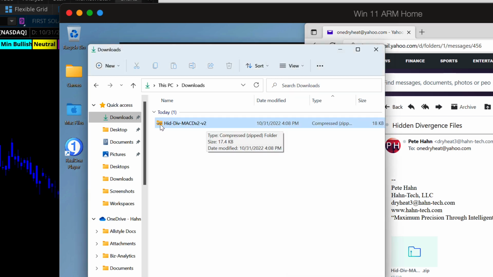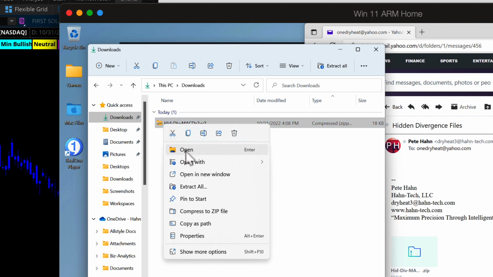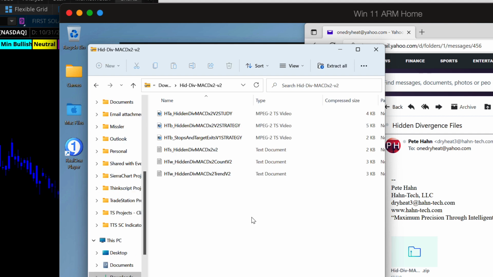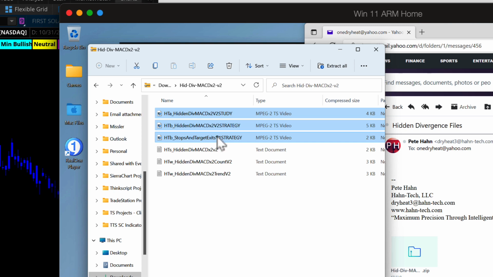Now you've got a couple of different options here. You can extract all, or you can right click and select open, but I like to just simply double click to view the contents. Now these top three files are specialized files that can only be imported into Thinkorswim. Notice the computer thinks that they're a video file. The computer is confused because Thinkorswim fails to register their file types with the computer as files related to the Thinkorswim platform. So what we're going to have to do is import these, but first we have to extract them